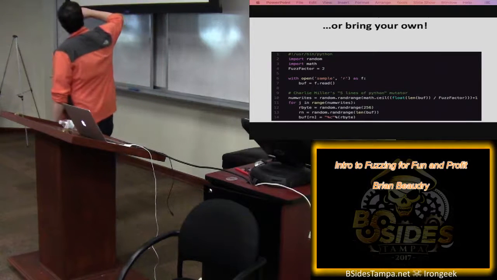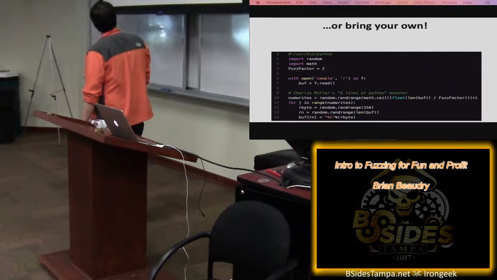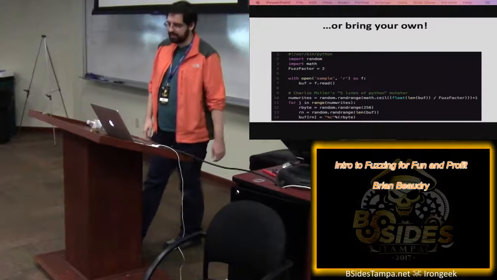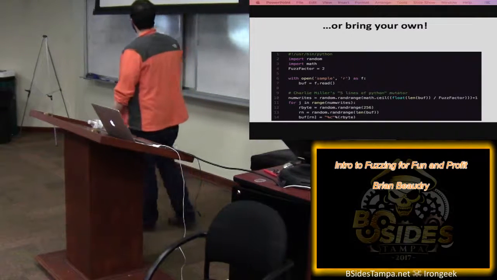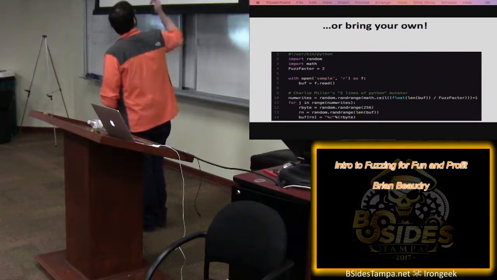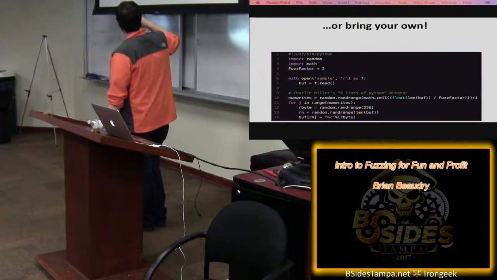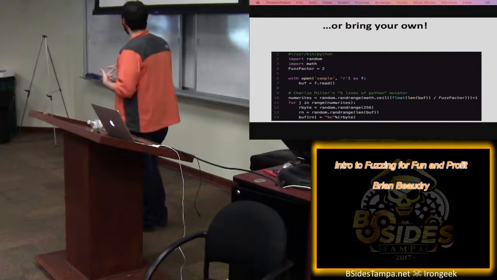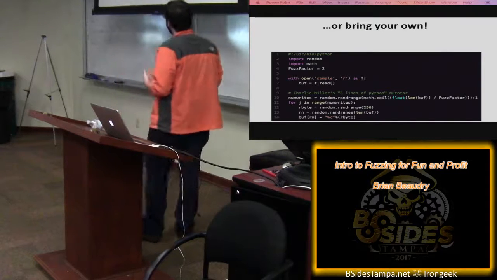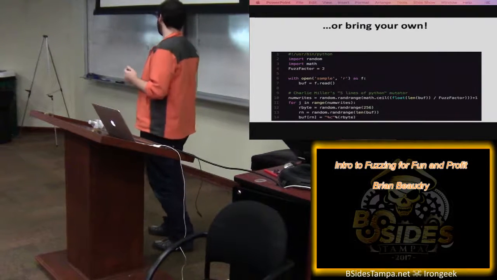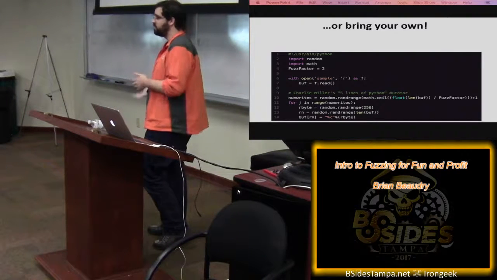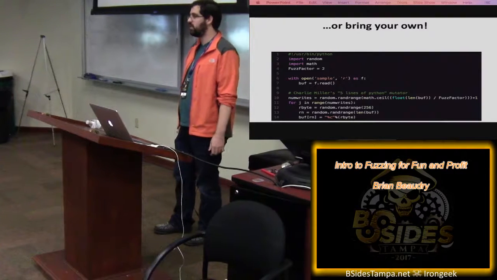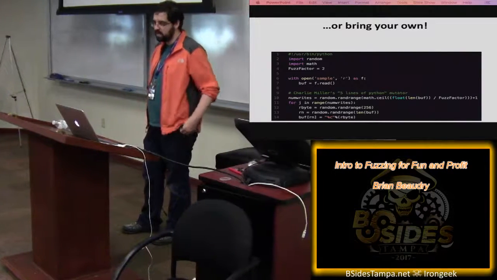on the bottom here, is what's affectionately referred to as Charlie Miller's 5 lines of Python fuzzer. Charlie Miller, you may have heard of him. He had a talk back in 2010 where he illustrated this code. Basically, it's taking some random number and using that as the number of times it's going to do some sort of mutation inside the input buffer. Then it takes a random location in that input buffer and flips that byte to some other byte. So it's randomly picking something and swapping it with something else, giving it to the application,